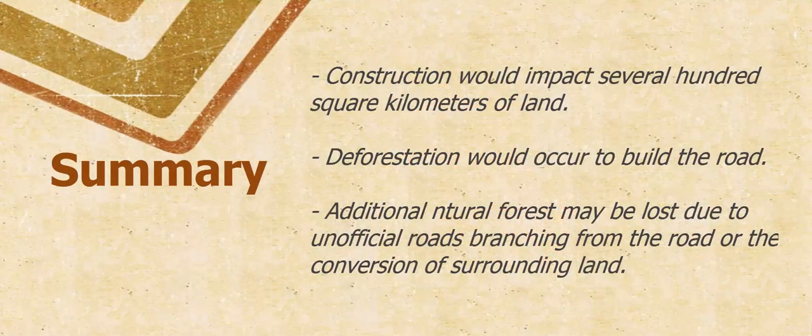So, although your value may vary from the example, the overall story remains largely unchanged. If the proposed road had been constructed, several hundred square kilometers of land would have become deforested, much of that land in untouched rainforests. Now, in addition to the deforestation that would occur directly as a result of the road, even more natural forest may be lost due to unofficial roads branching from the official road, or the conversion of surrounding land to private